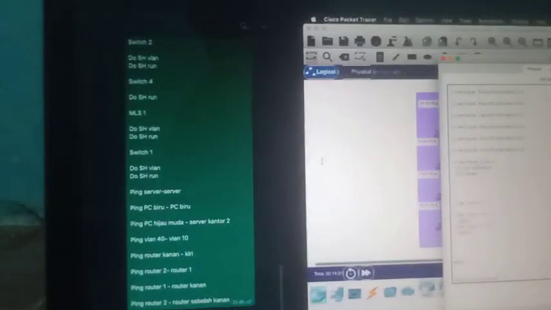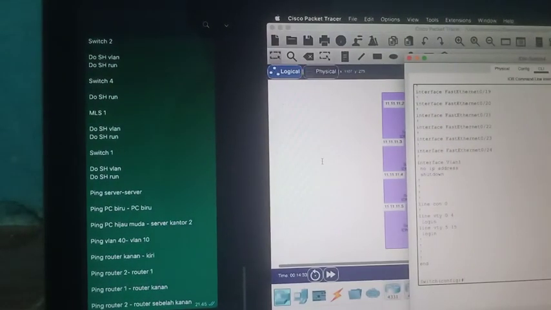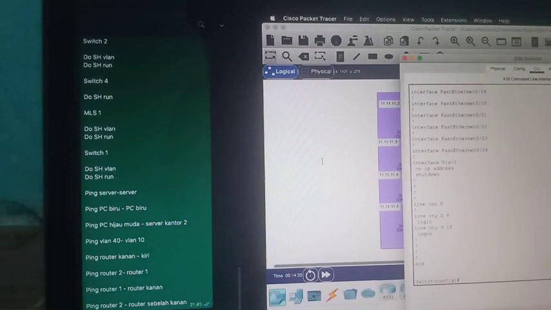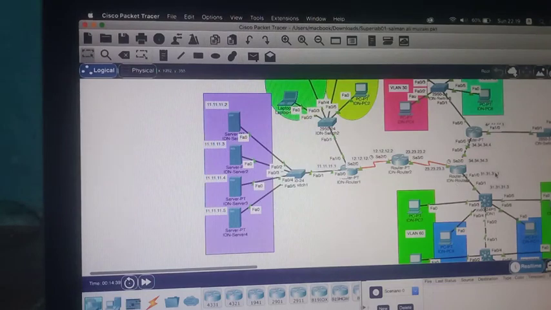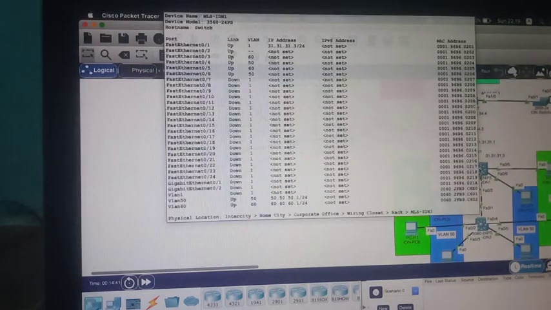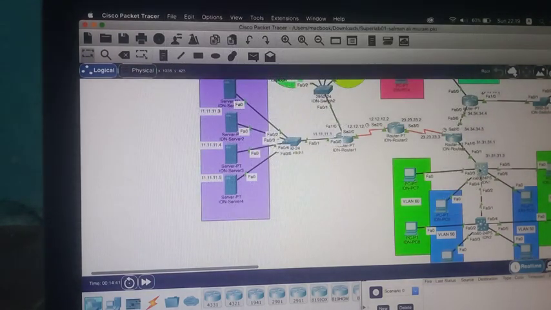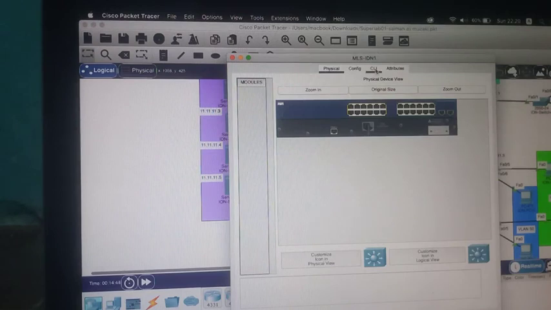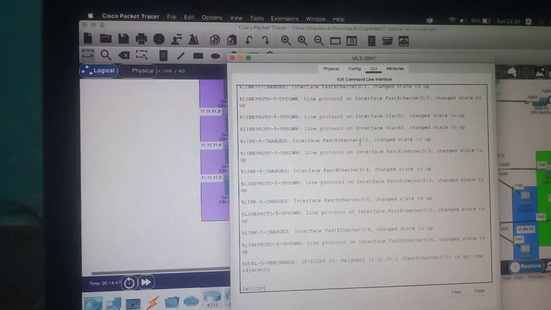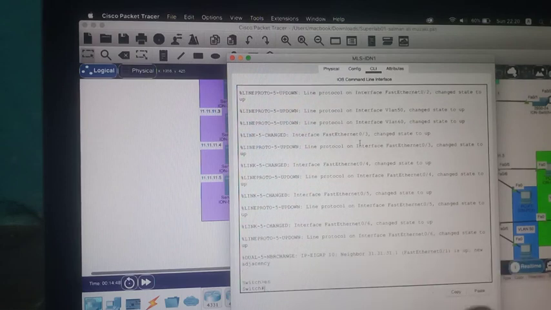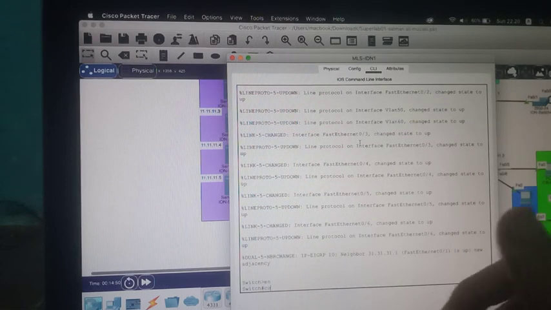The next is MLS1. In this node we enter, enable and configure terminal.